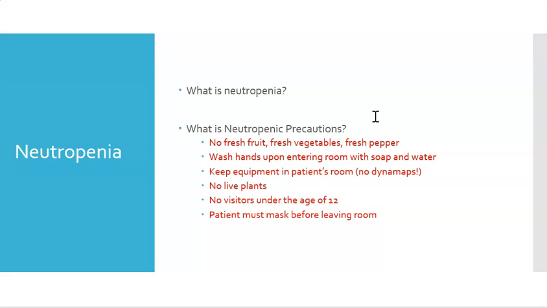Neutropenia. So we have patients that are neutropenic. We want to avoid fresh fruits and vegetables because they could have microscopic organisms on there. Same thing with pepper. Wash your hands before coming in the room. If you can,